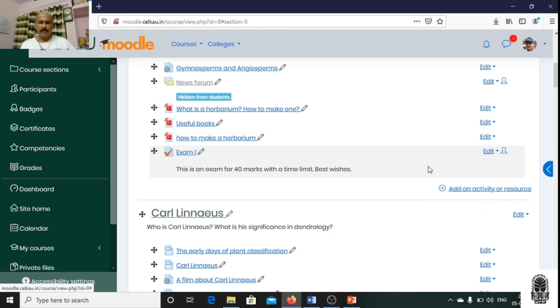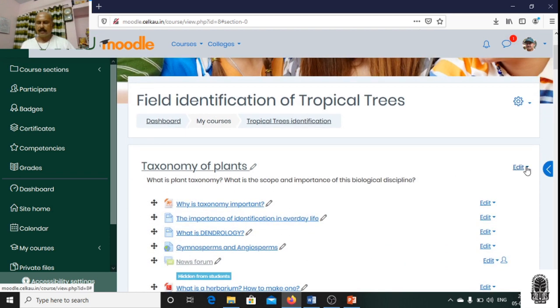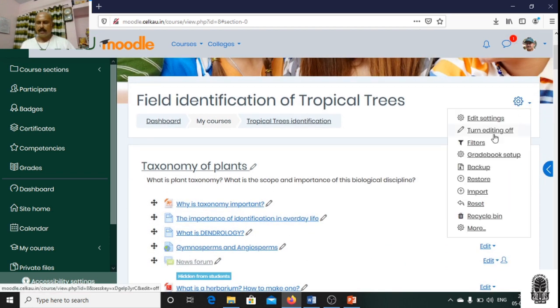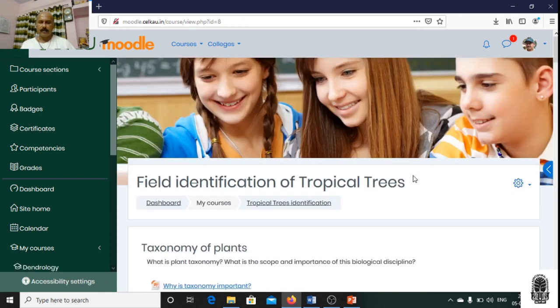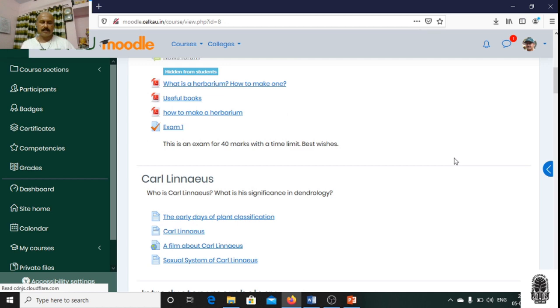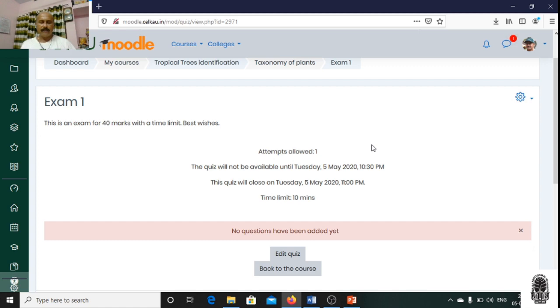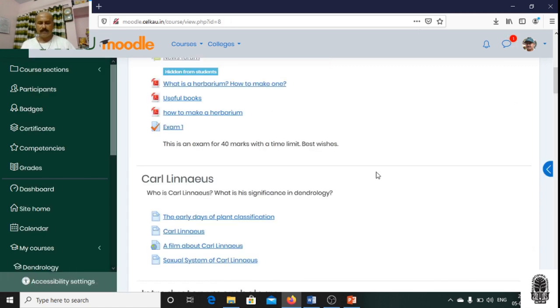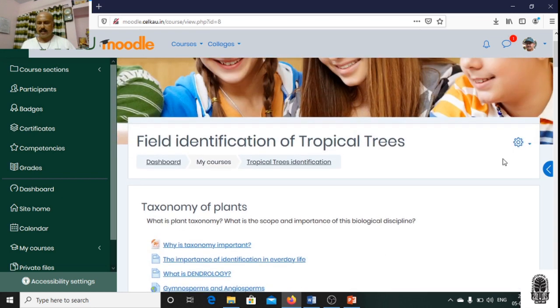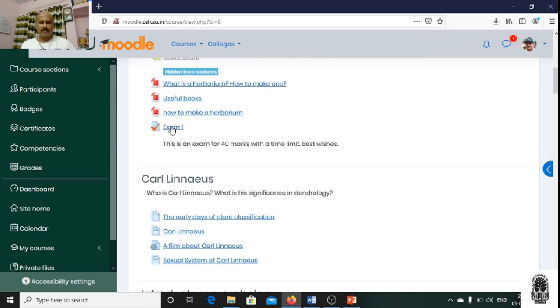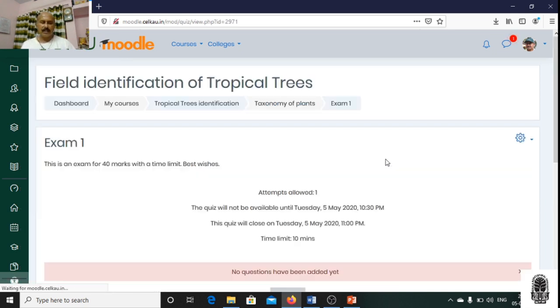No, okay, let us close this first. We will turn the editing off and see how the examination is working out. So after closing that, I think I went a little bit fast here. After clicking the editing option off, you have to click this again. Why are you clicking this? Because you have to add questions. You have to set up the question paper here. So exam 1 you set up, and it takes you to a page like this.